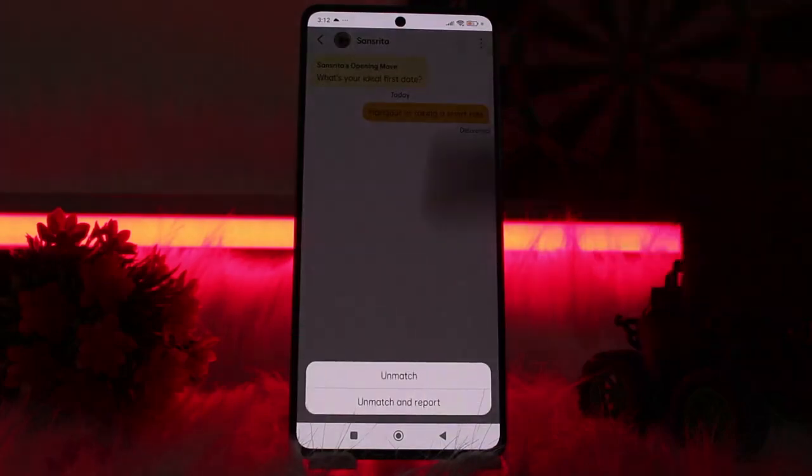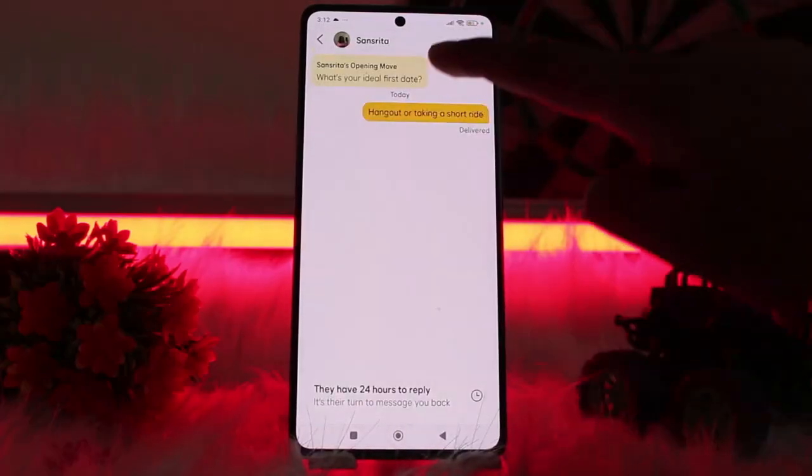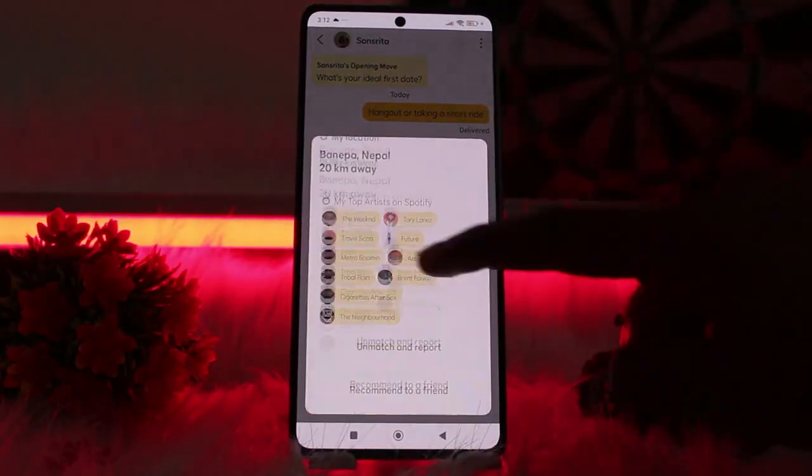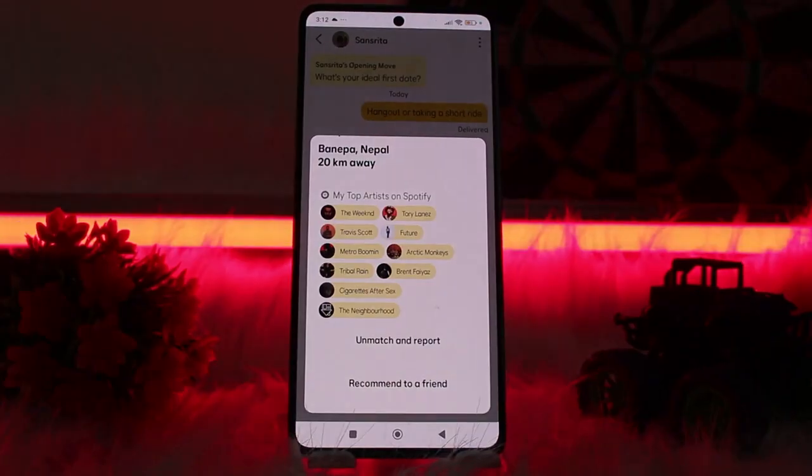or you may also click on the three dots at the very top right, and here you will see the option of unmatch or unmatch and report. Now by doing this, you will be able to unmatch and report it to Bumble, or you may easily block the person by doing the steps shown in the video. So that's it. That's how you can block